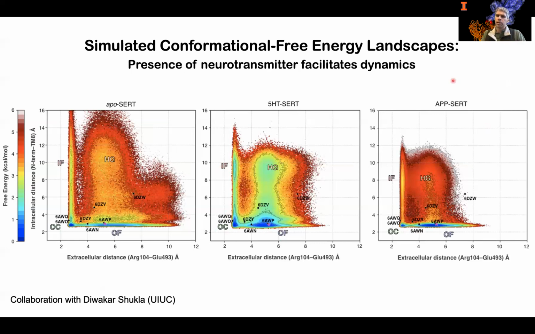In my group, we were working with a fluorescent substrate called APP+. Here's the conformational free energy landscape. And what you'll notice is that APP+ is a poor substrate, and it cannot reduce the energy barrier to form the inwards facing conformation. So there's this defect here. The conformational transition from outwards facing to occluded is no problem, but going from the occluded to the inwards facing state to complete the import process has this high energy barrier.